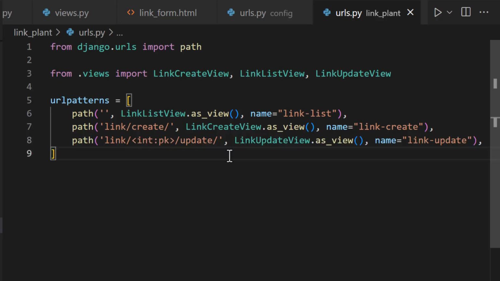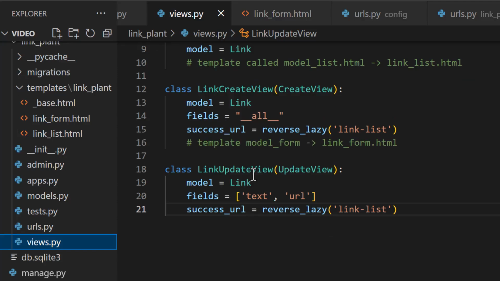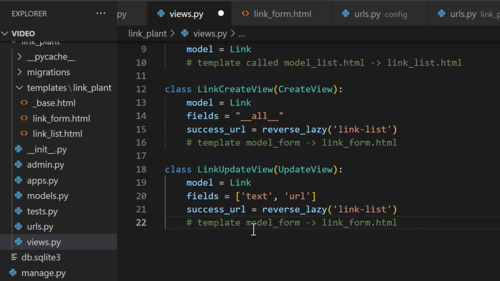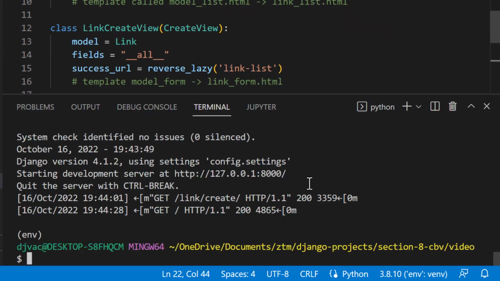And the next thing you may think we need to do is create a template. But the nice thing about the LinkUpdateView is that it shares the same template as the LinkCreateView because it's just going to be our form. So it will be looking for the template called model_form. In this case, it'll be looking for the template called link_form. And since we already have that right here, it will just use that template to allow the user to update an item. So if we save this and we make sure the server is running, so python manage.py runserver,